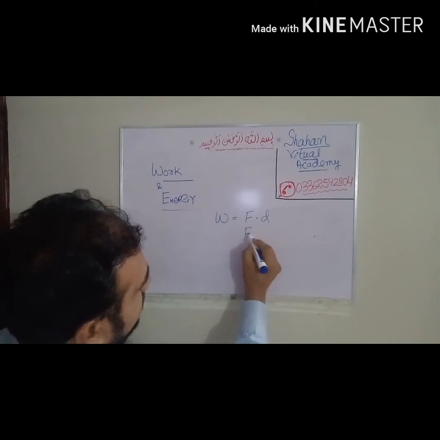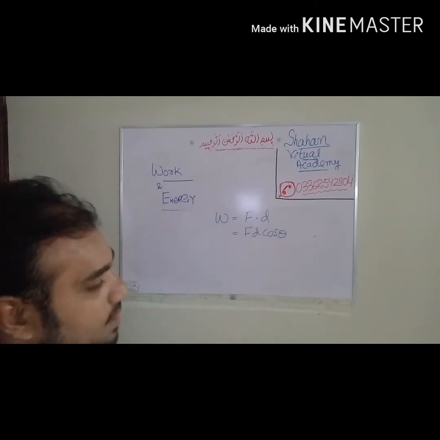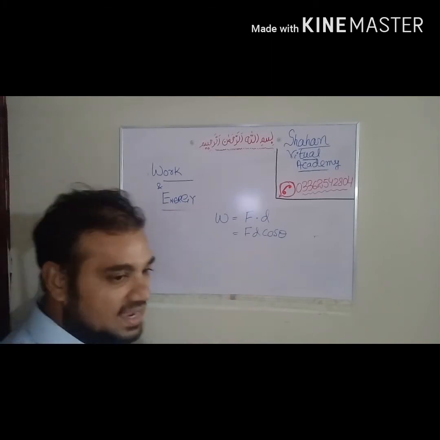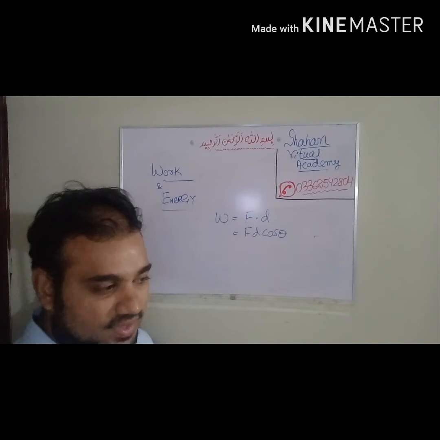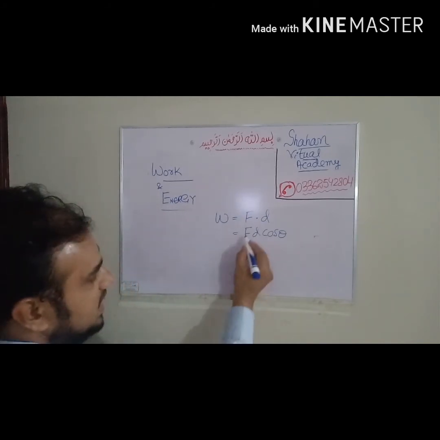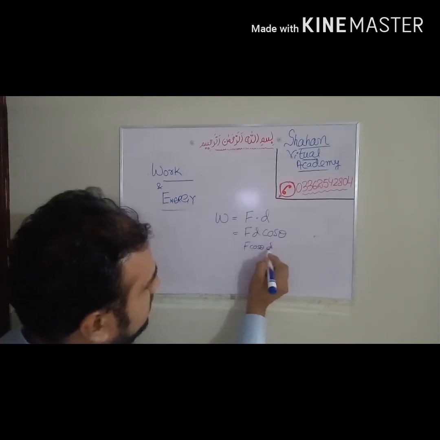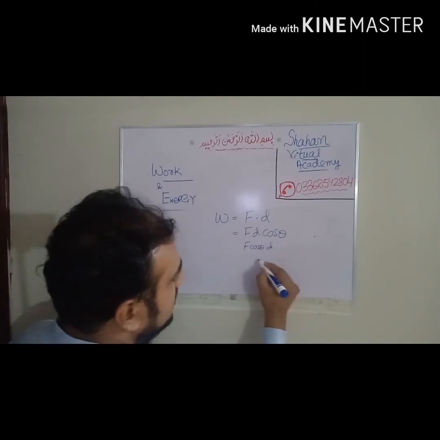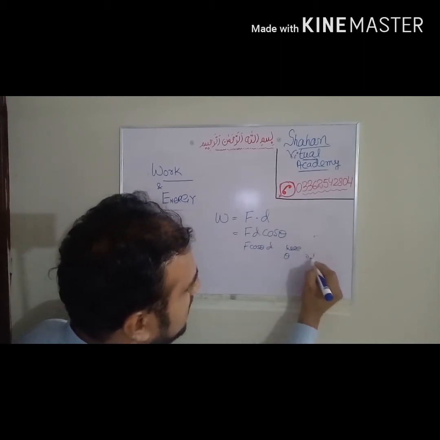Dot means F d cos theta. What is cos theta? It relates the direction of application of force with the distance. If there is an angle, it is F cos theta times d. Here theta is the angle between